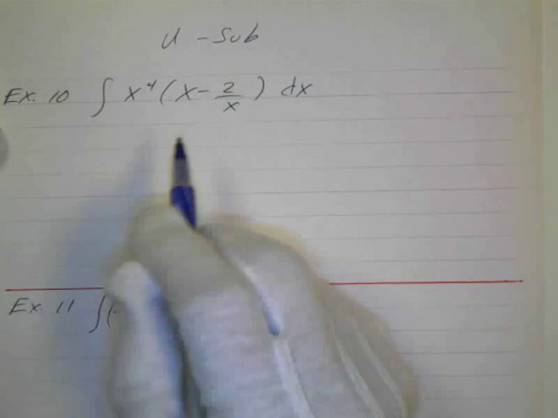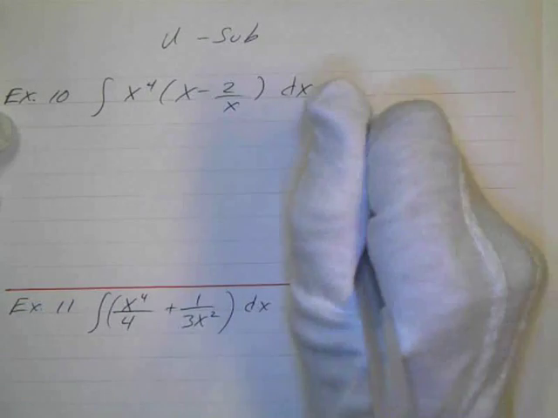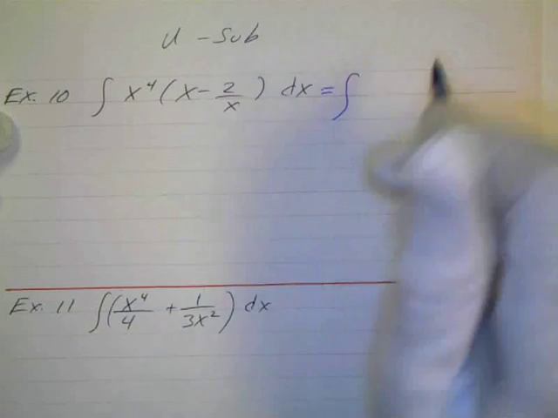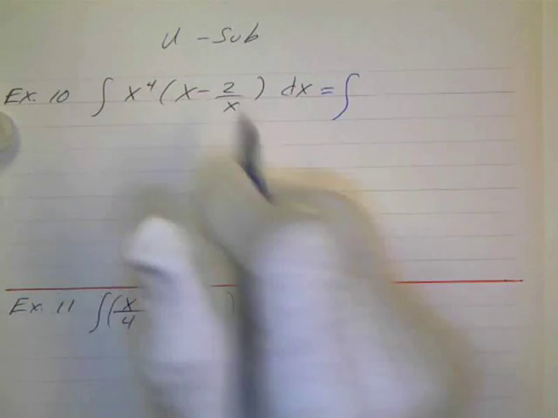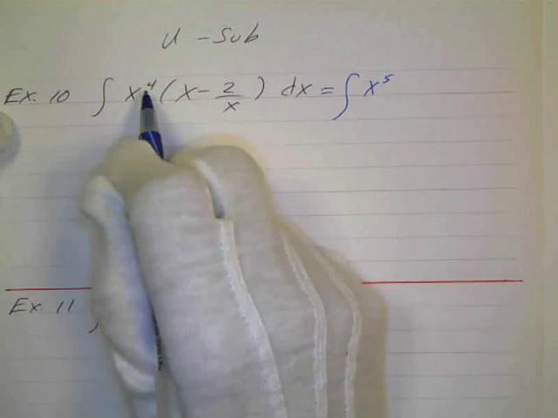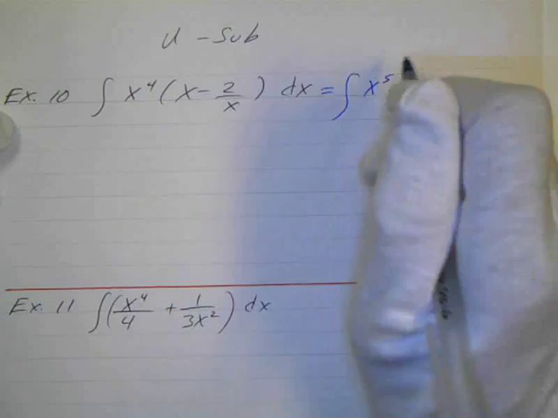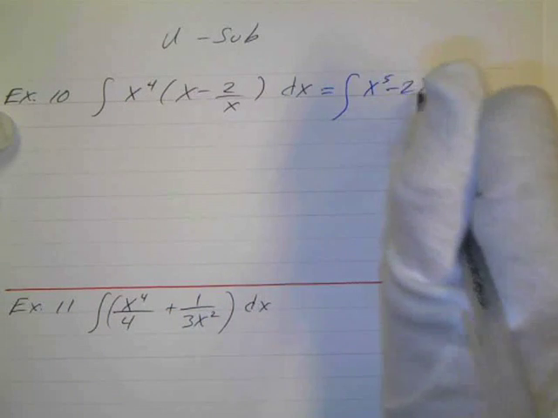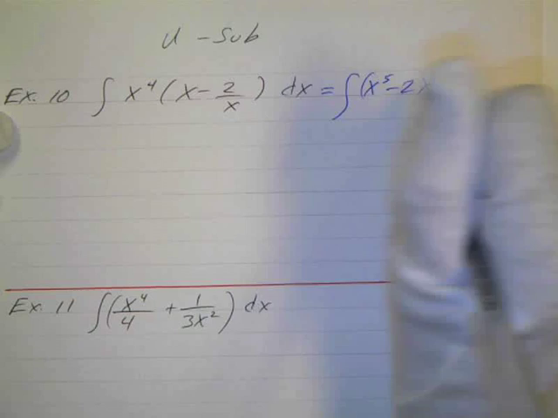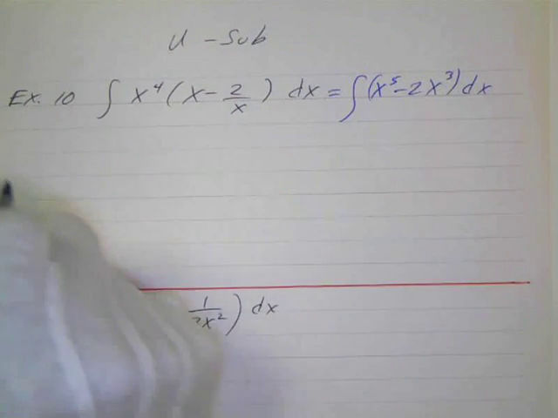All we have to do, this might confuse you the way it looks, is just use the distributive property and make it into a much easier problem. So that would be the integral of, if I multiply x to the 4th times x, that's just x to the 5th. And if I multiply this, x goes into x to the 4th, x to the 3rd times. So we just have minus 2x cubed dx. And we just take the antiderivative, so that's going to equal,